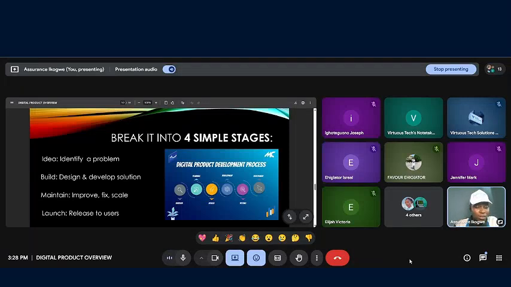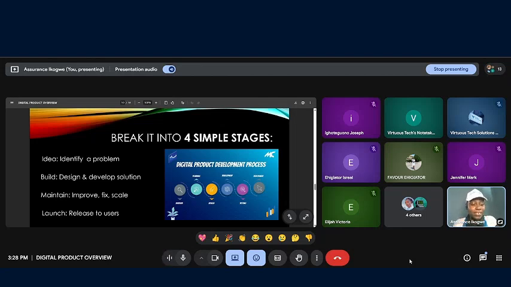It, what did they do? That's what we call maintenance, right? So we don't just develop products in the tech space without improving, without fixing, and without scaling. That's what we call scaling the product, adding more features to the product to get users excited, to ensure that users that are using the application are happy and not sad or frustrated using